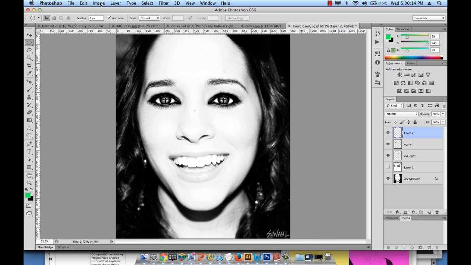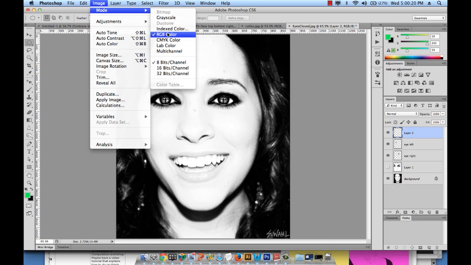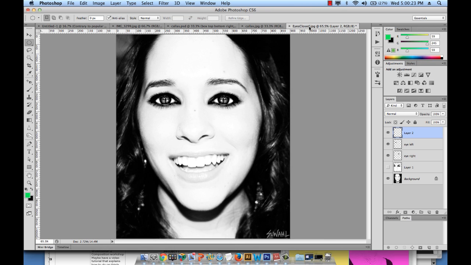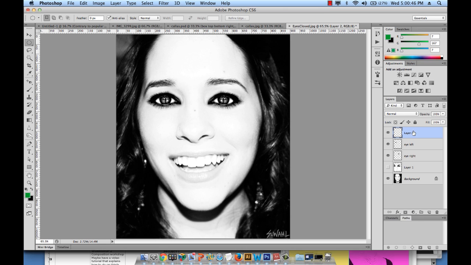Okay, now let me make sure the mode of my document changed. In fact, it's right here, it says RGB. And also you can notice in the tab of the canvas where it says the file name eyesclosed.jpg, it says that it's an RGB right here. Okay, so now that it's an RGB file, I can nicely go and perhaps choose a nicer green and not this electric green, something like this. And then on layer 2, which is a transparent layer, there's nothing there. Go ahead and draw a circle